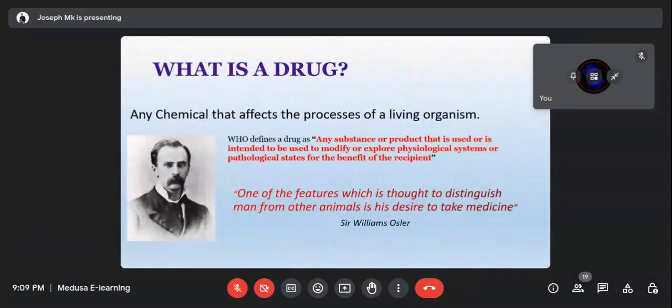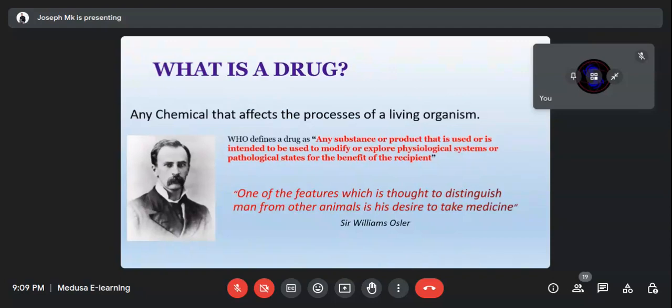So in my definition, I'd put three things, and one of the things that I'd put there is a drug. So what is a drug? You need to know what a drug is. In our definition, it's saying a drug is just any chemical that affects the process of a living organism. It affects the process of a living organism. Take for instance, let me get paracetamol as an example. If you buy paracetamol, you take it in.